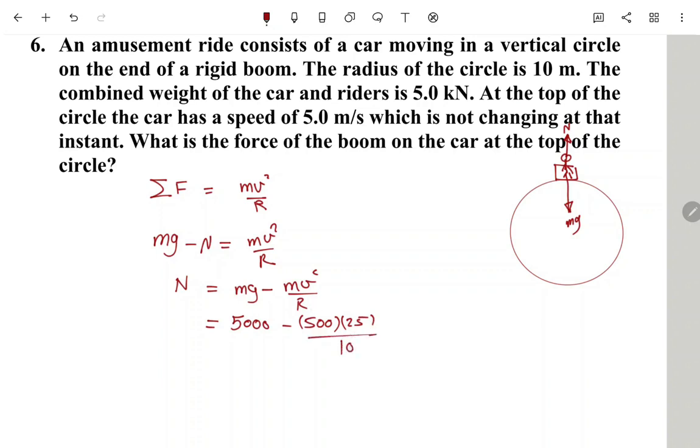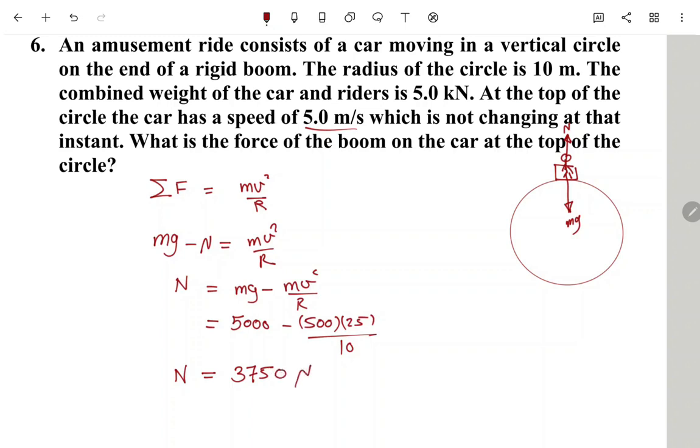The velocity actually is equal to 5 meters per second, and the mass equal to 500 kilogram, and the radius of the circular path, it's equal to 10. You do the math, you will find the normal equal to